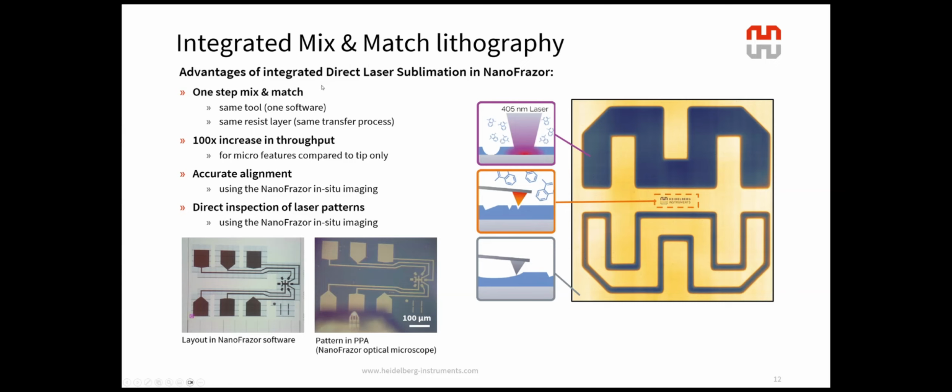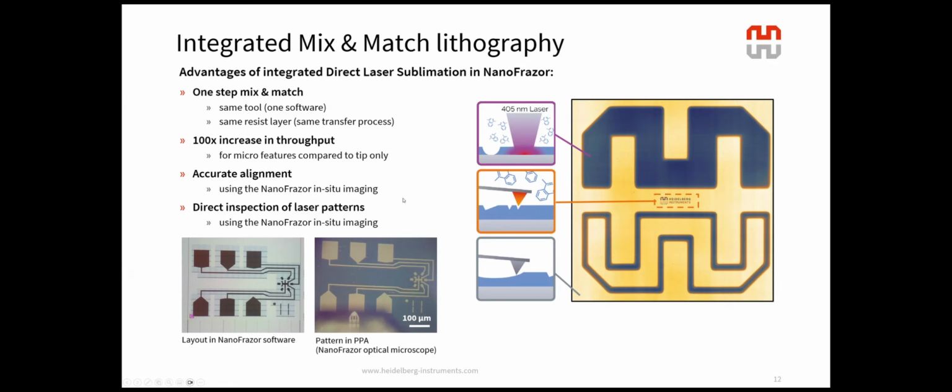So we use the advantages of the DLS module with the TSPL. With the same tool, one software and the same resist layer, we have a lithography step. We have a 100x increase in throughput for micro features compared to tip only when we use the laser.